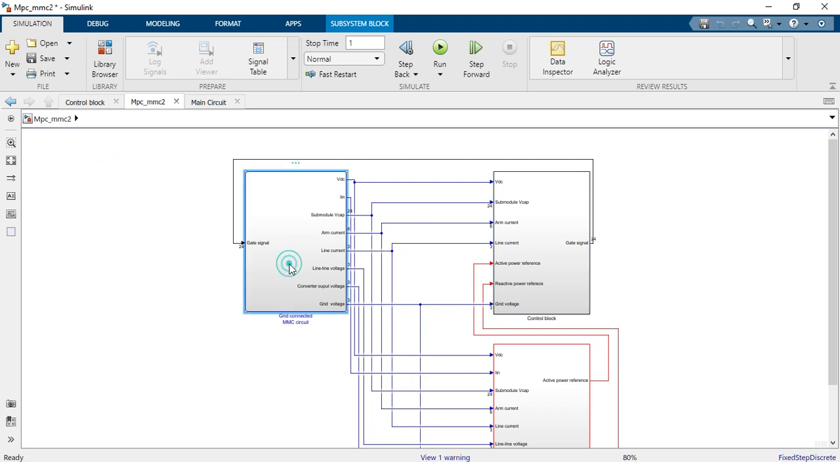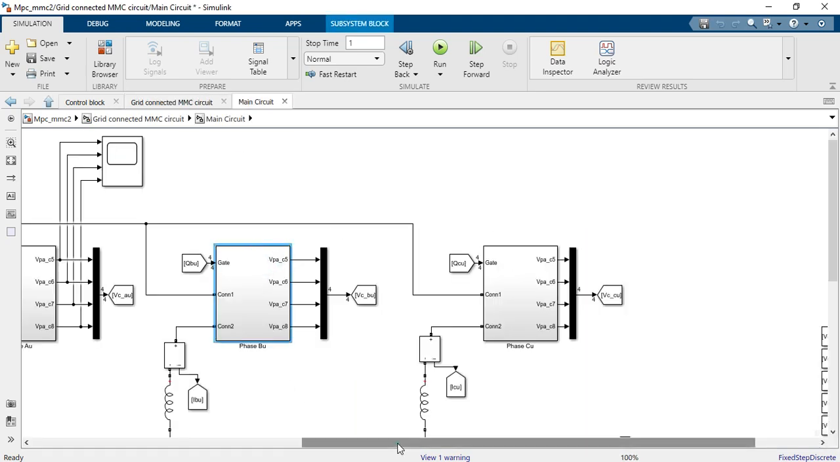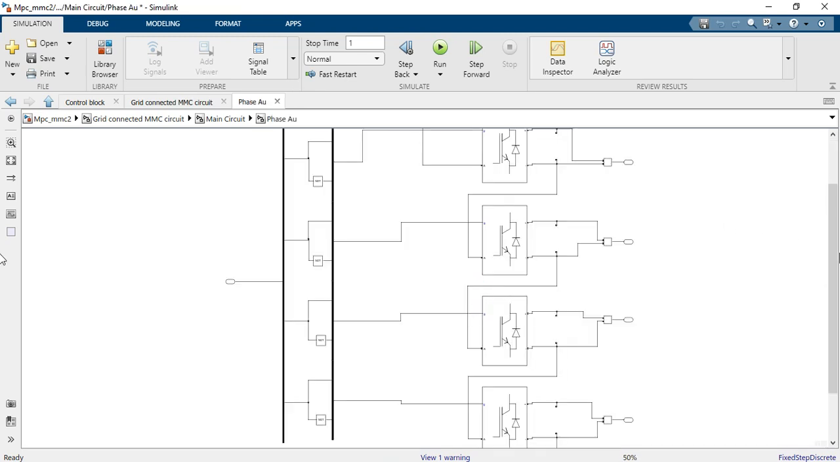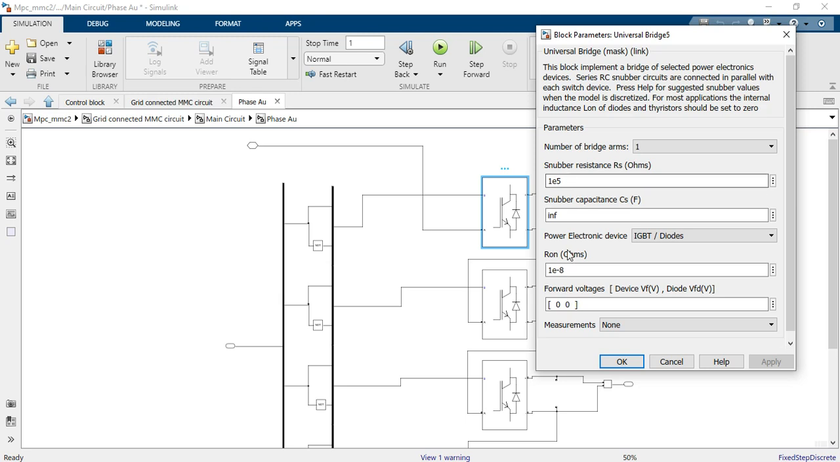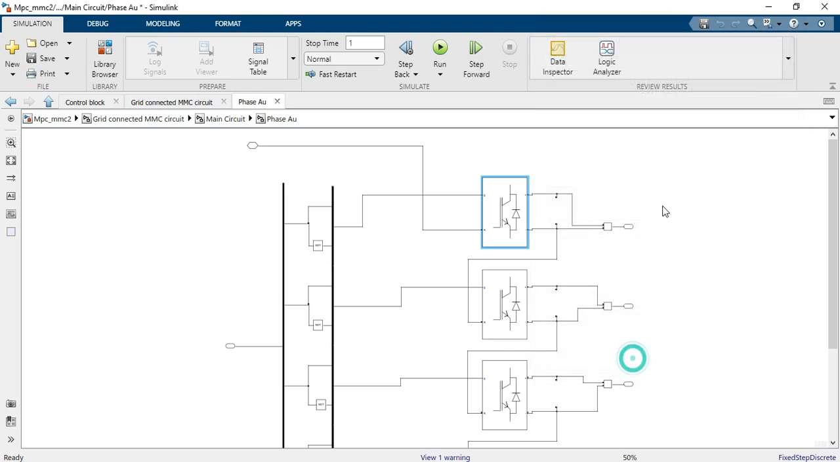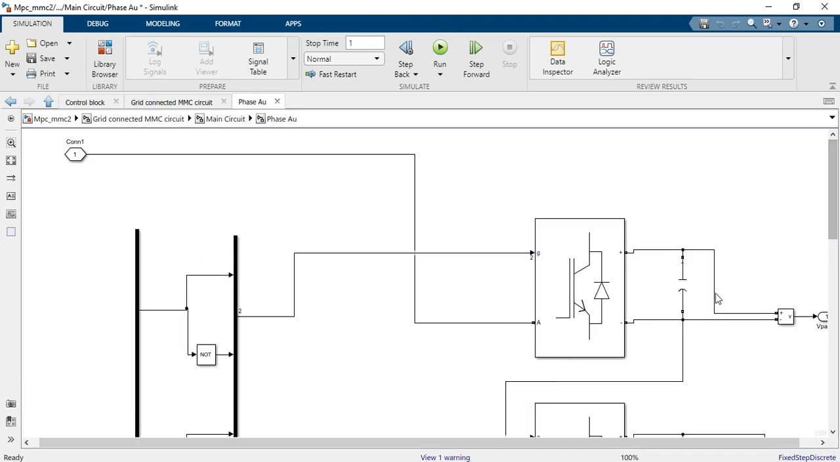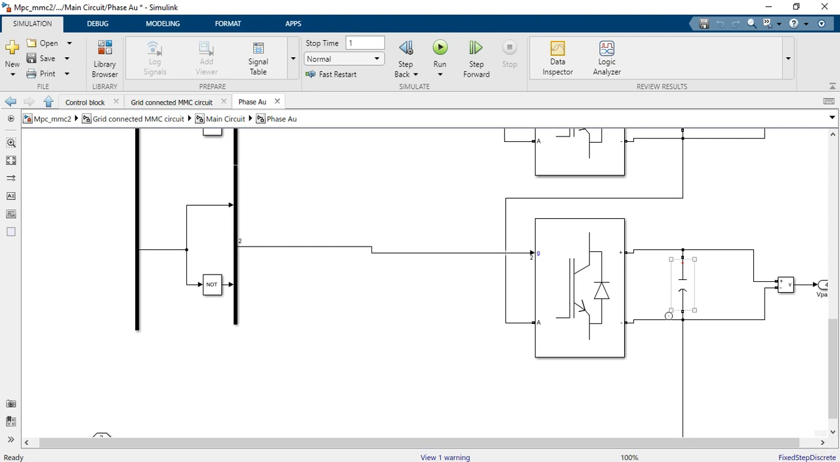So this is the Simulink model, right? We have a detailed modeling. We are currently using 4 submodules. So this is a universal bridge, and let me zoom in. A capacitor is connected across each bridge. We are measuring the voltage of the capacitor as well,